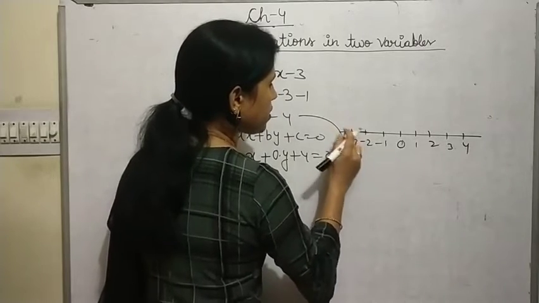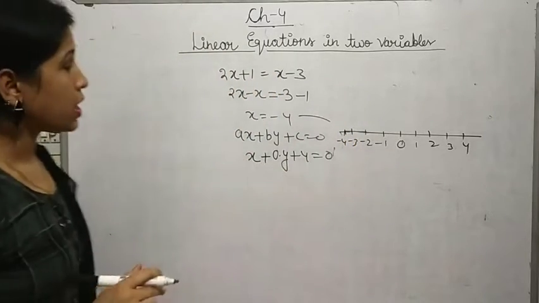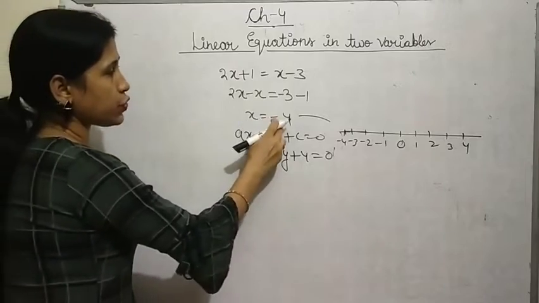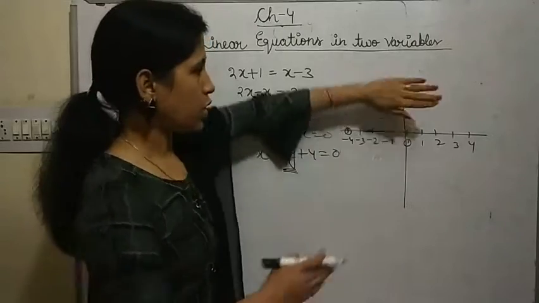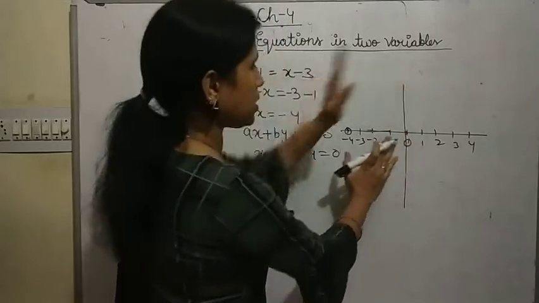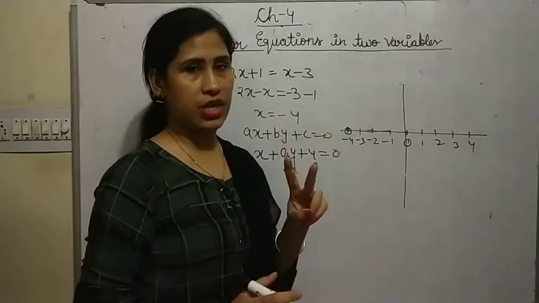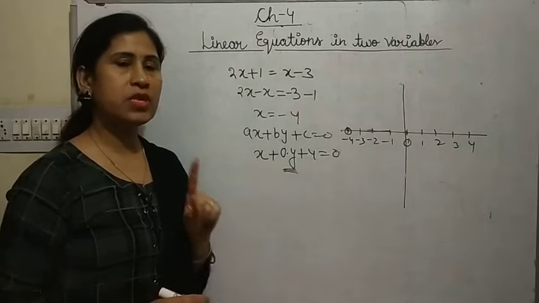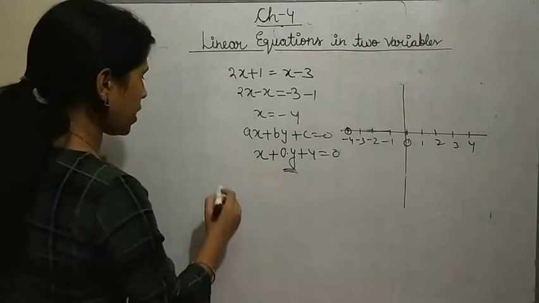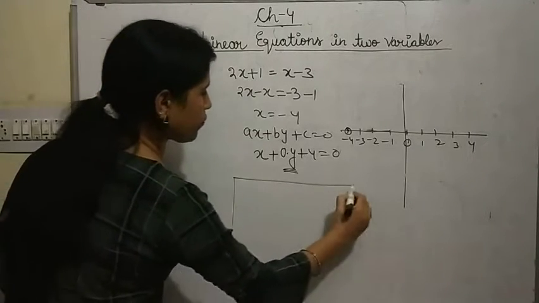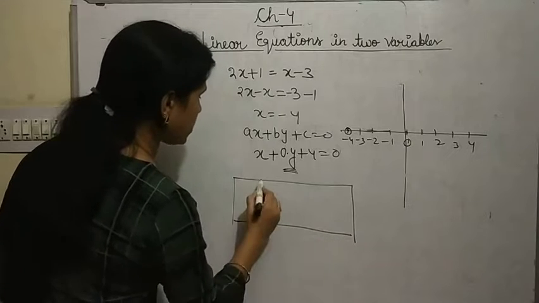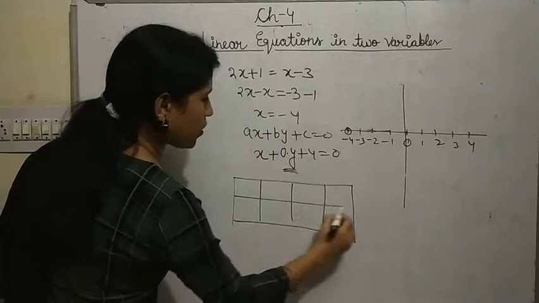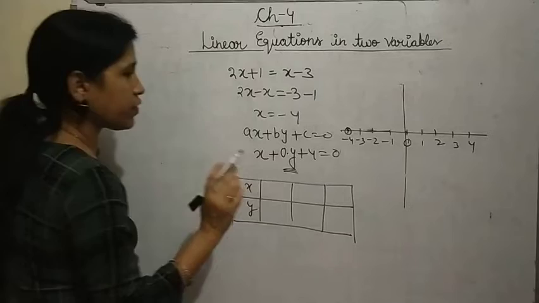This is the ideal number line form. Correct? Here they are saying x is equal to minus 4. Now, if one variable is on an axis, and two variables mean the Cartesian plane will come. Here we already have a hint, which means one value is fixed. When you find the table for the solution, I told you that we only have to look at x and y. One value is fixed here.